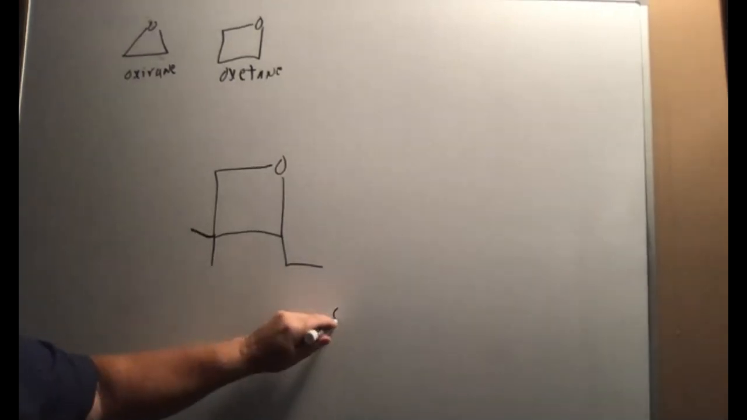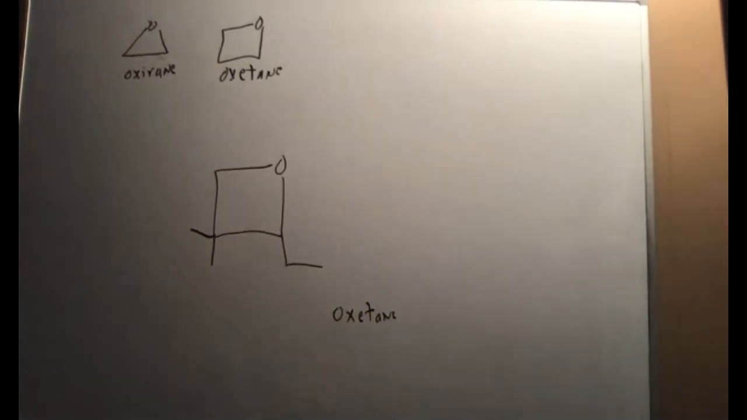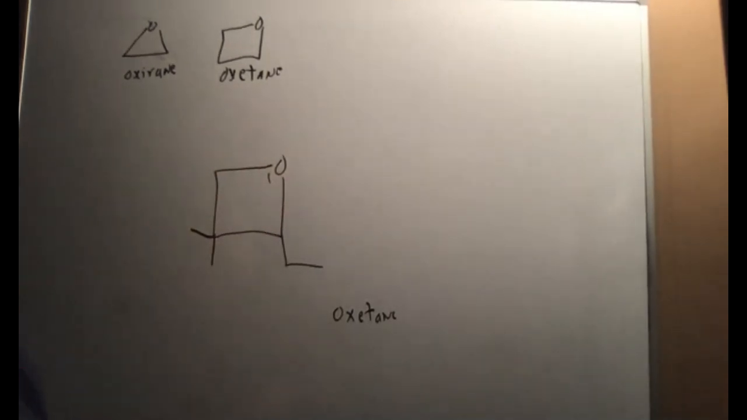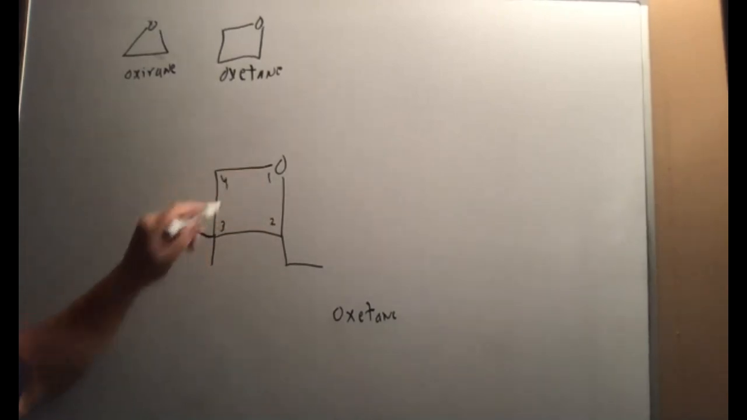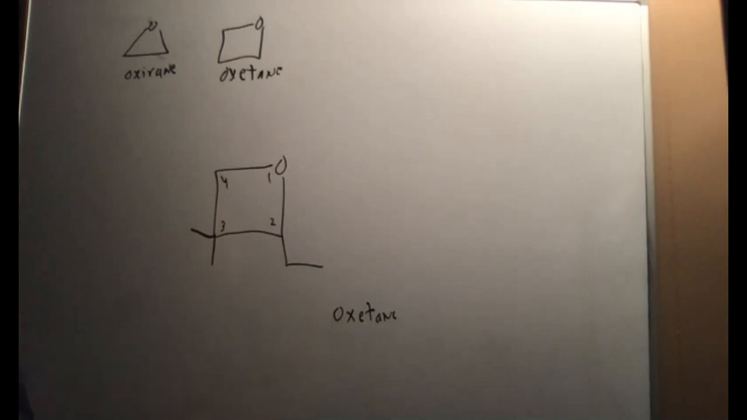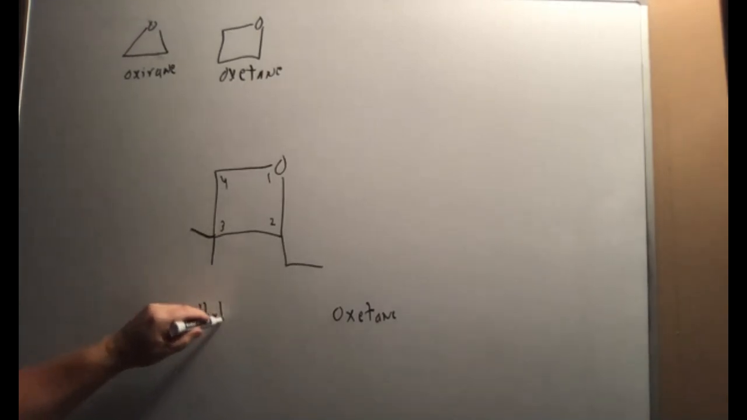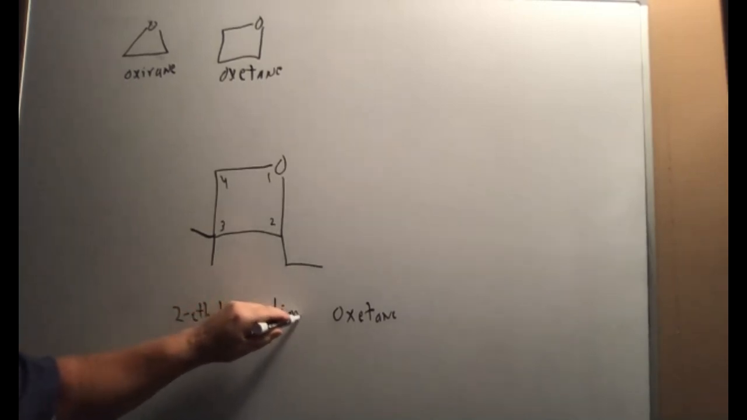Okay, the last thing we're going to write is oxetane. What's attached to it? Where do I start numbering? I start numbering at the oxygen. In this case, it does matter which direction I number from, doesn't it? I'm going to number 1, 2, 3, 4 to keep the numbers as small as possible, just like we've always done. So this is going to be 2-ethyl, 3,3-dimethyl